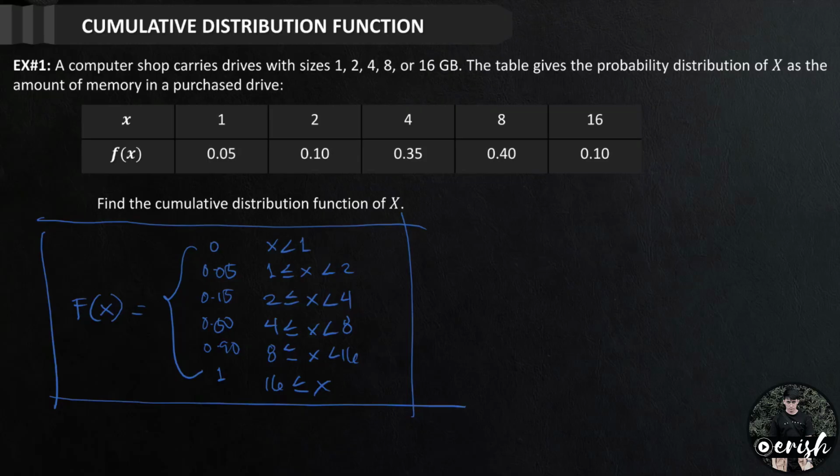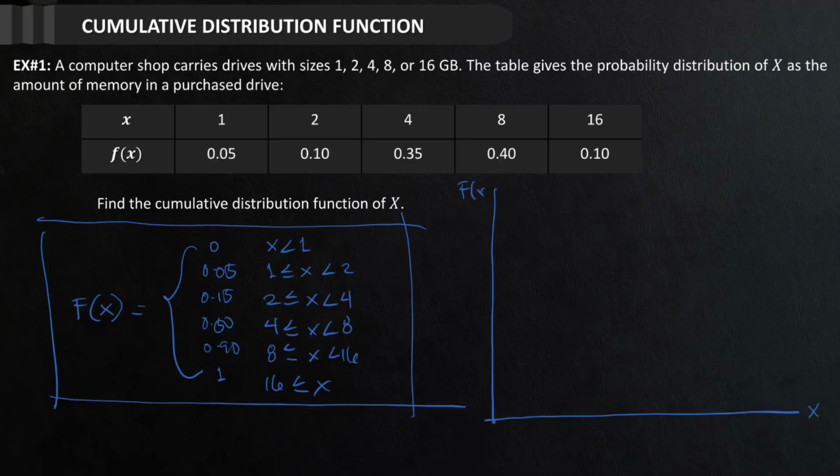For cumulative distribution function of x, meron din tayong ginagawa dito to represent. Gagamitan din natin siya ng graph. Same process from probability mass function plot or probability histogram. Dito yung ating random variable values ng x, and ito yung ating f of x. And of course, ang gagamitin na natin is itong probabilities na to. Random variable value na 1, 2, 4, 8, 16. And ito yung ating probabilities na 0.05, 0.15,